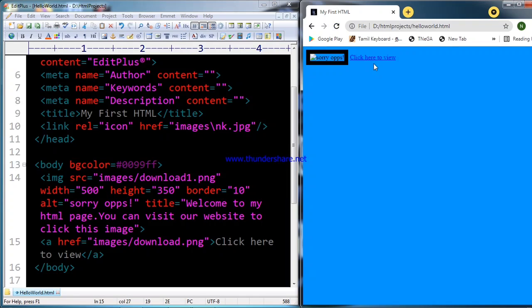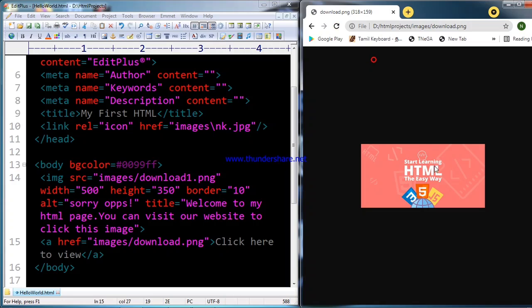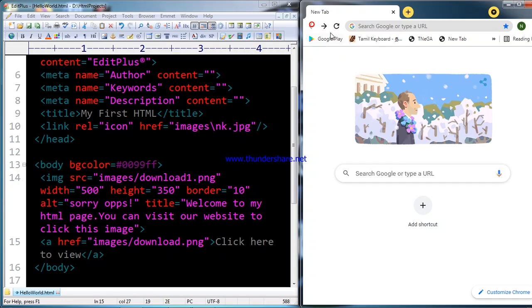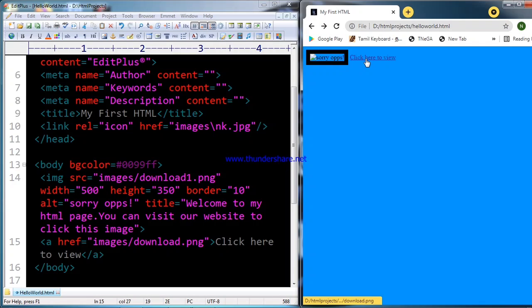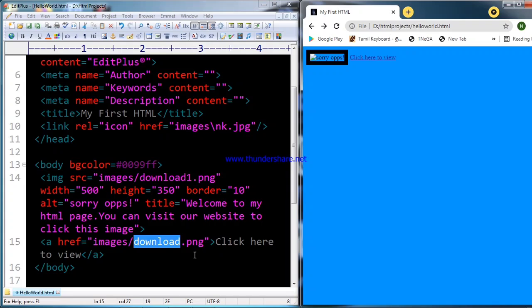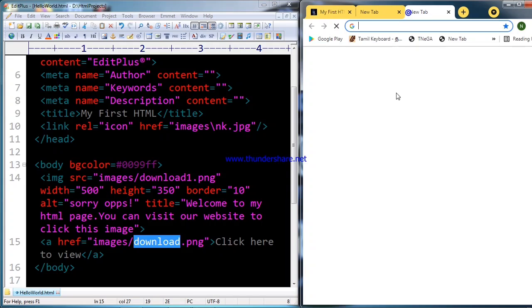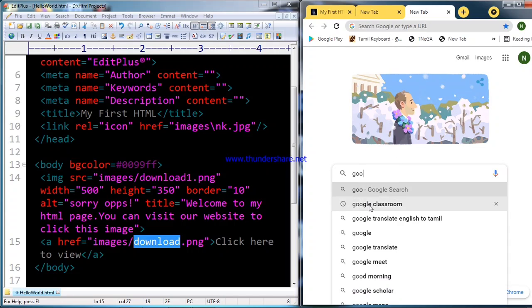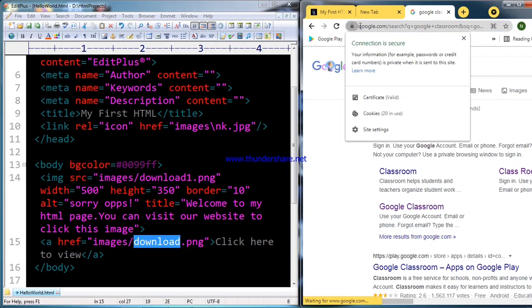Each and every website has its main screen, and from that main screen we can link to the other web pages. So the purpose of the anchor tag is to link to the respective web pages by using the href. Whenever you use the anchor tag, you have to close it.